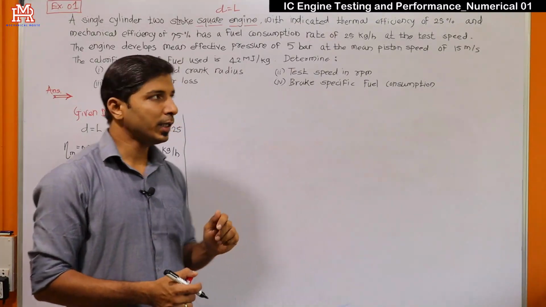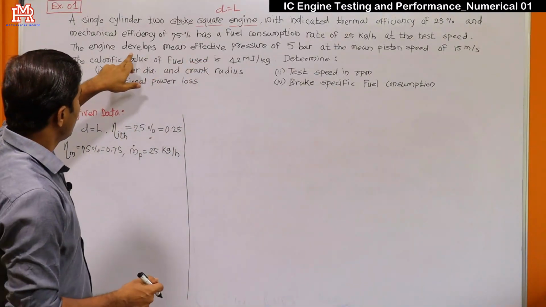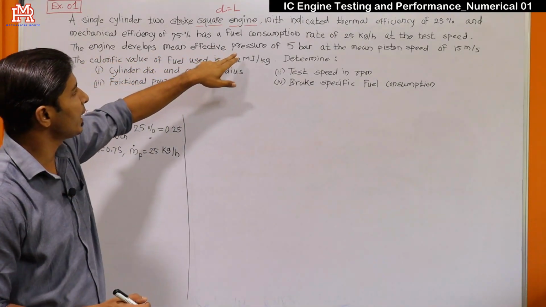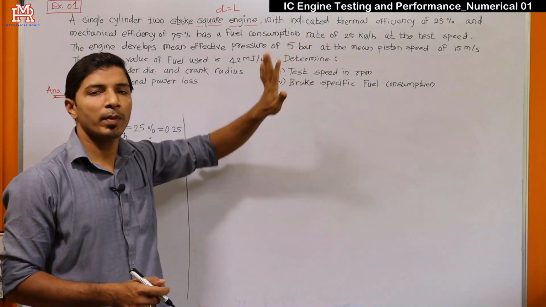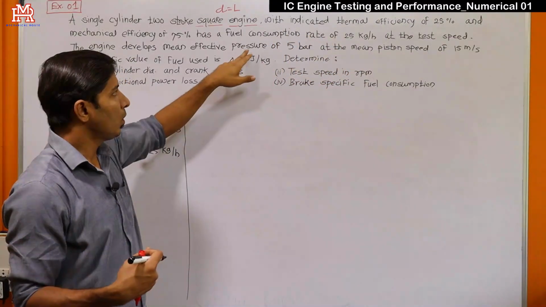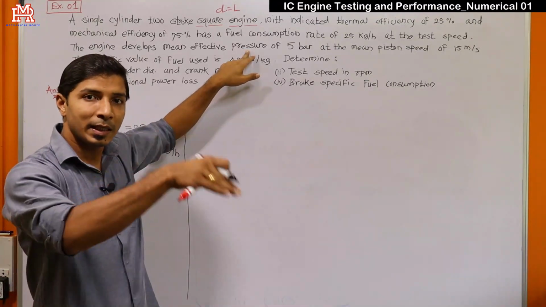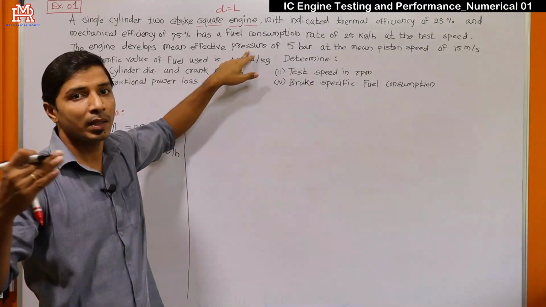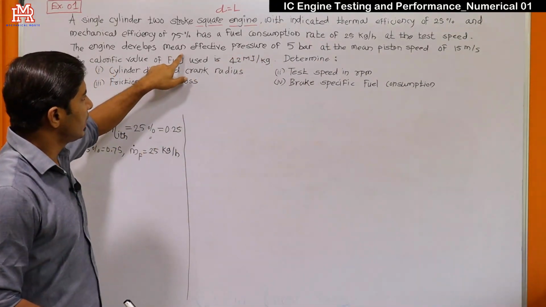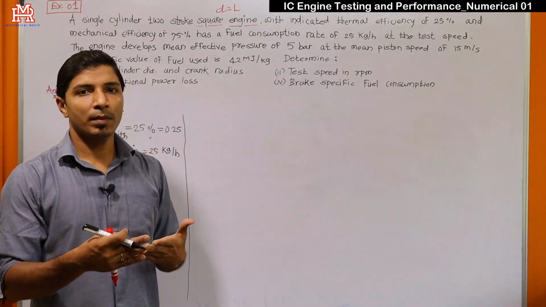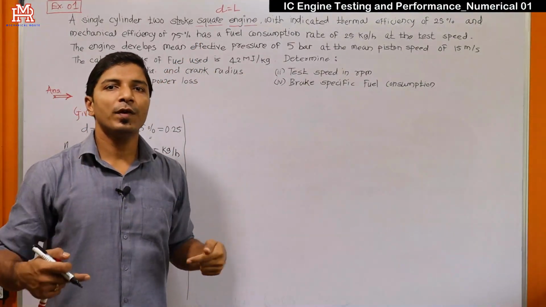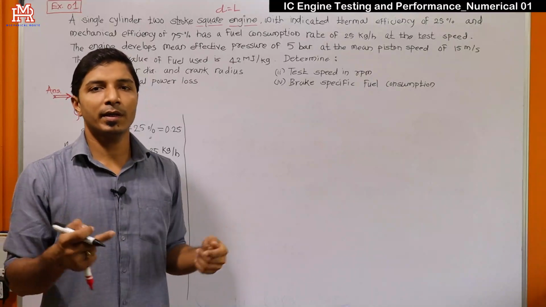But in an exam or numerical, if it is simply mentioned that the engine develops mean effective pressure, without saying whether it is indicated mean effective pressure, the pressure available at the engine cylinder itself, or pressure available at the wheels,